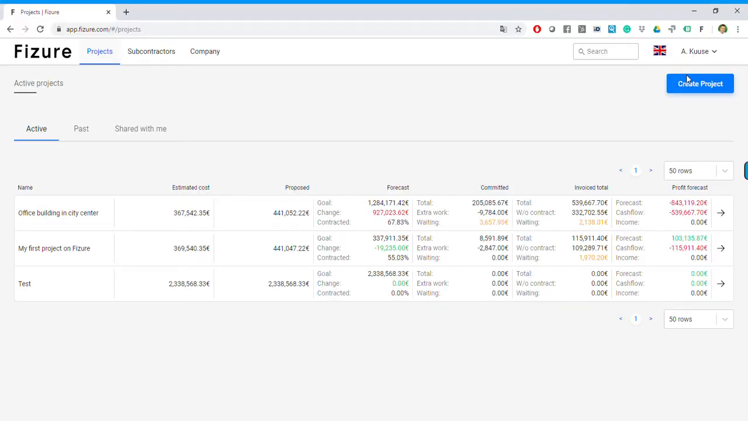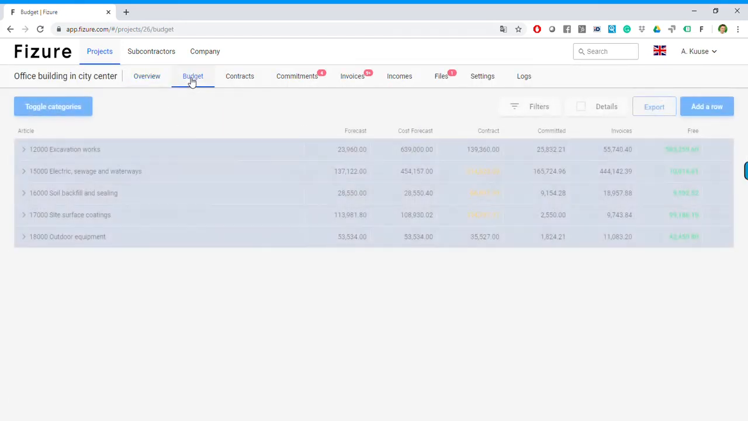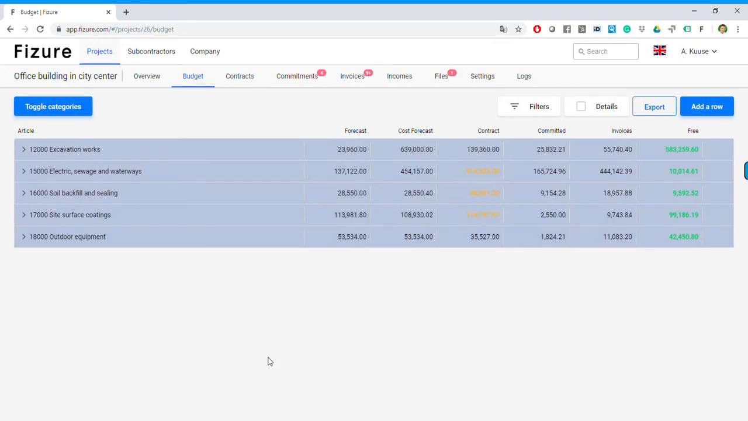Hey, let's see how Fizure helps you actually track your project budget in real time. From the previous videos, we know that once the project manager approves costs in Fizure, then Fizure automatically updates the budget. So there's no need to update any spreadsheets or do any data entry. And when the project manager goes to Fizure and opens the project budget, then everything related to our budget can be